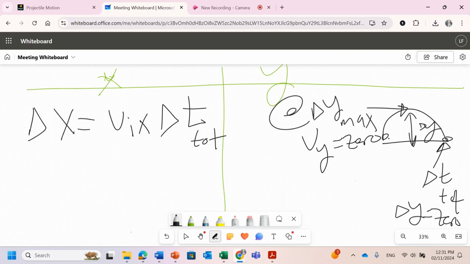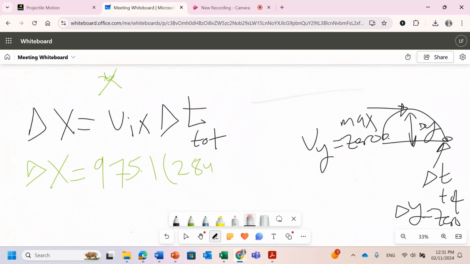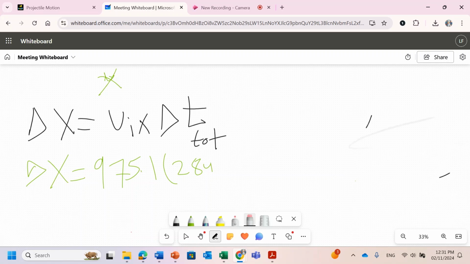Okay. Now just plug the values in. So I will have delta x equals 975.1 times 284. And you should get 2.77